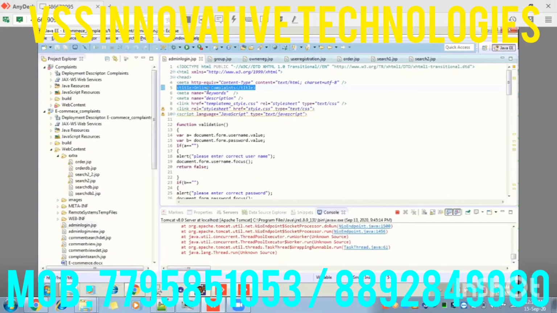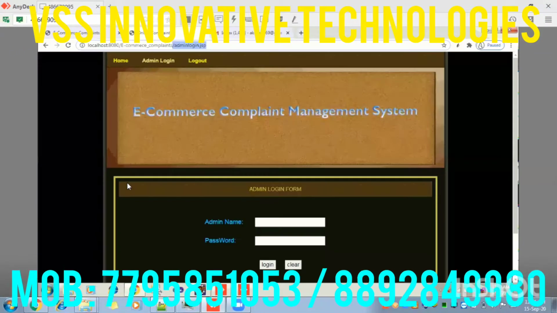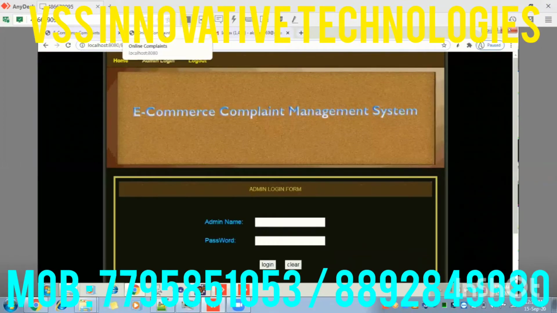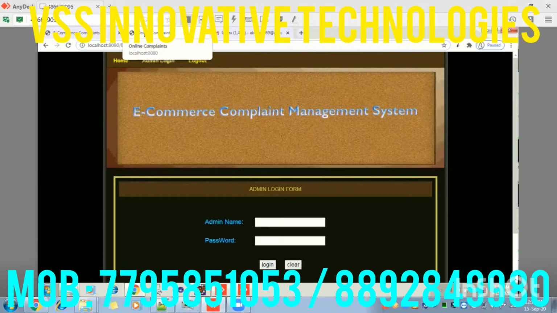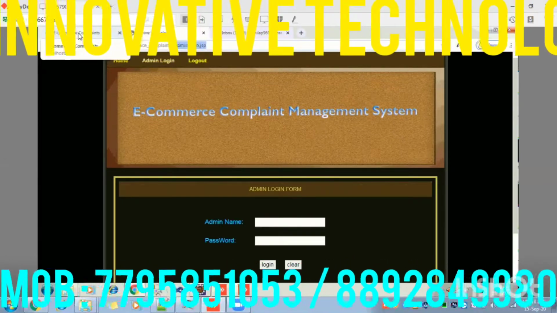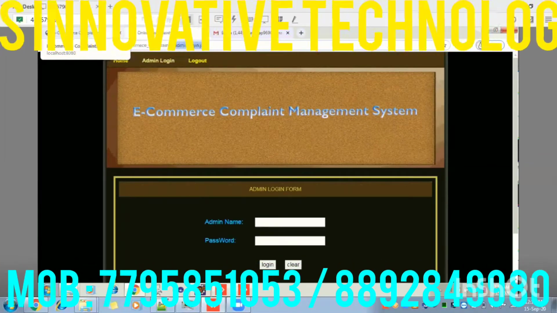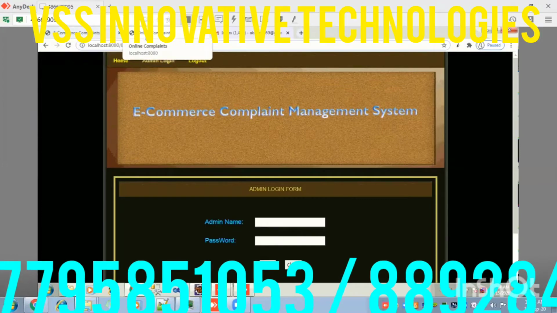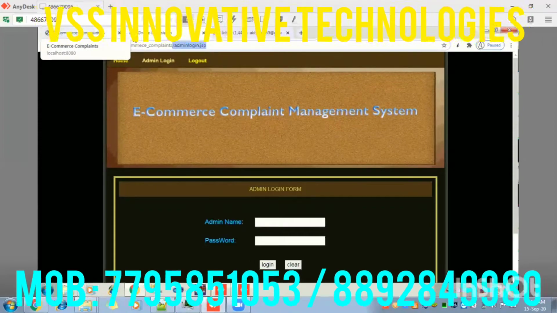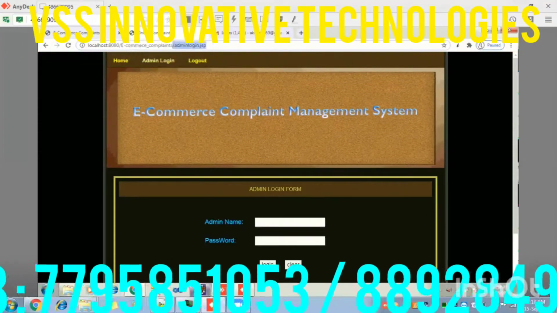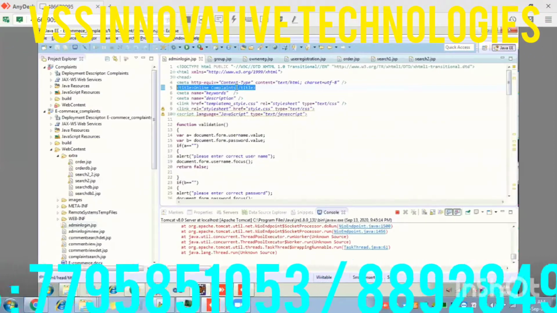What is the use of the title? If you change the title, the display name in the browser, here it's displaying online compliance, will get changed. Whatever you want to display in the browser, for example here e-commerce compliance is there, once we change the title, what comes is online compliance. The name displayed in the browser on top comes from the title. If you change it to online compliance Aquila, it will come as online compliance Aquila. Whatever name you give, that name will appear here.